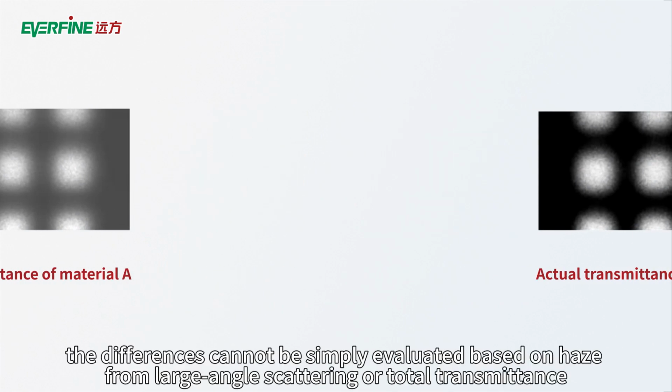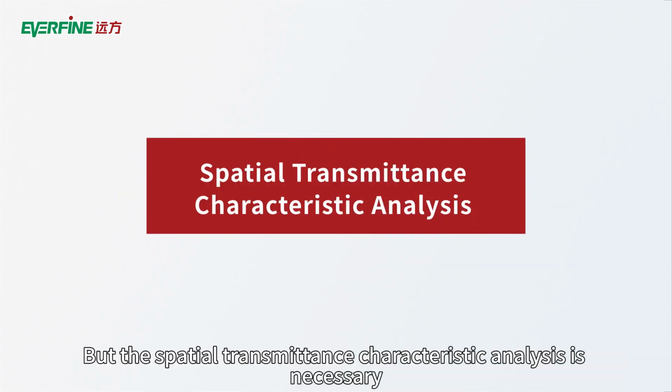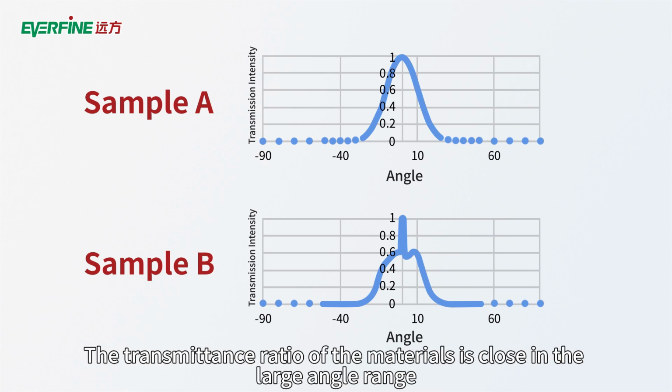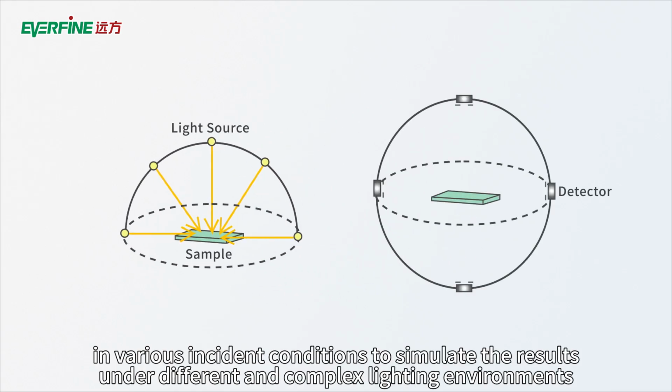In such cases, the differences cannot be simply evaluated based on haze from large-angle scattering or total transmittance, but spatial transmittance characteristic analysis is necessary. For BSDF distribution under the same 0-degree incidence conditions, the transmittance ratio of the materials is close in the large angle range, but there are big differences in the small angle range, and the clarity is also impacted. So it's necessary to measure BSDF for materials in various incident conditions to simulate the results under different and complex